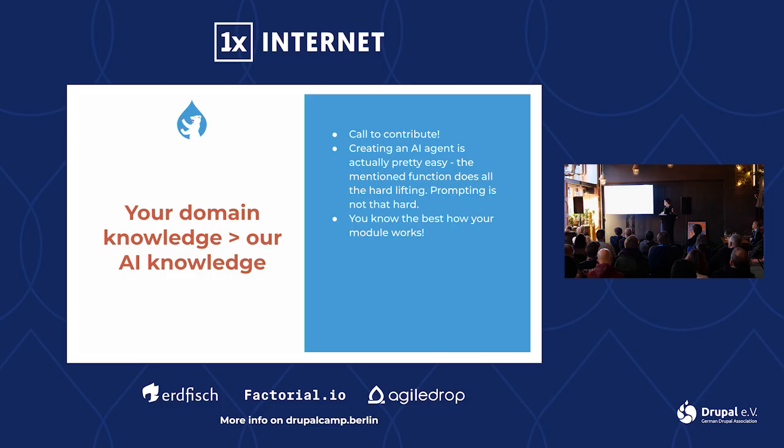Yeah, it's pretty easy, and you know best how the module works. And this is also important because the idea is that the AI is supposed to give back solutions on how to do best practices. One problem right now is when I'm asking it to create an image, for instance, it should maybe tell you, oh, maybe you want the media module. Are you sure you want the actual image field? Because it's usually the best practice to have the media